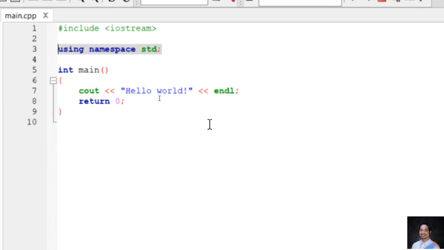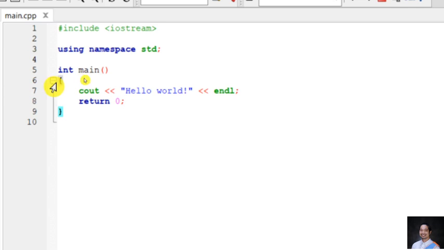So std stands for standard library, for you to be able to access the standard library of C++ in your codes. Then the third line would be int main, with an open and close parenthesis. This is basically the start of your C++ program. The int main pertains to main, which is a function, the first function or the main function of your C++ program. You can read the descriptions of this line in the lessons after this video.